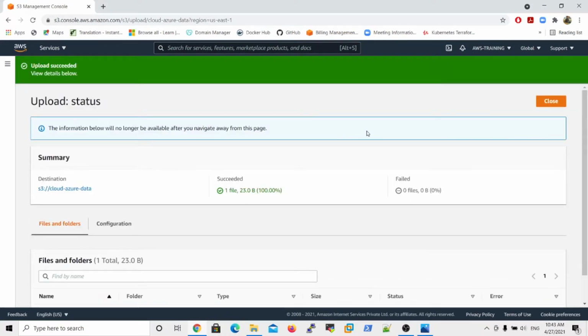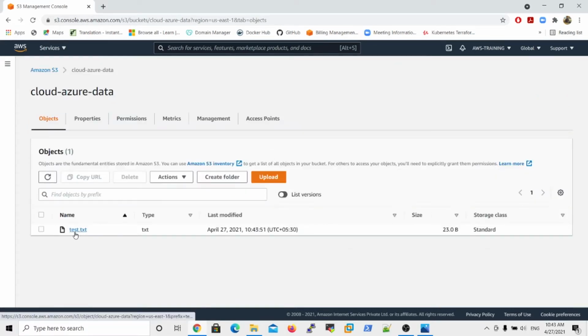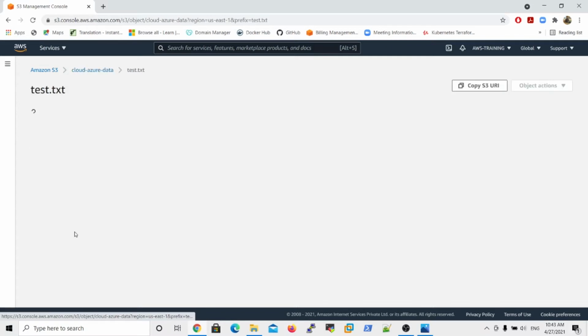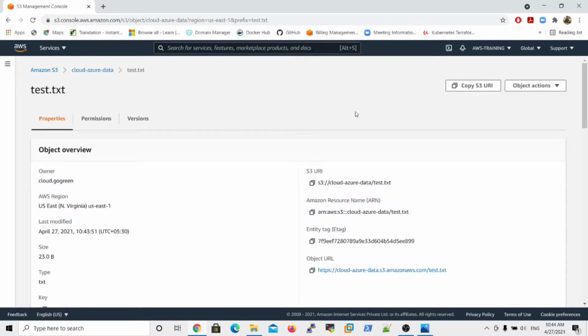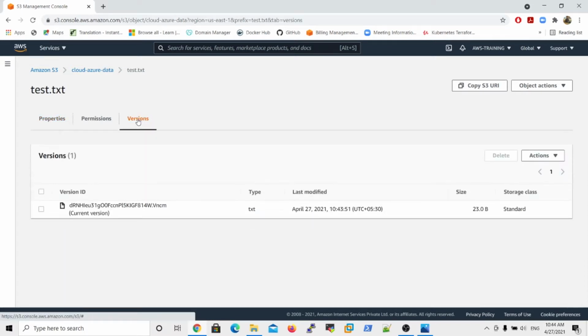It has been successfully uploaded. Then you verify that the object name is test.txt. If you click the test.txt file, then where is the versioning feature? Here is the versions tab. If you click on versions, right now only one version is there.